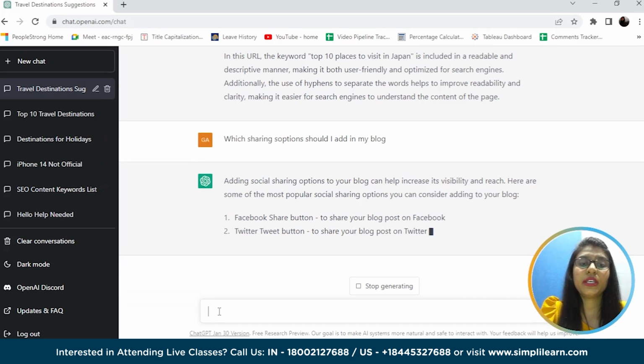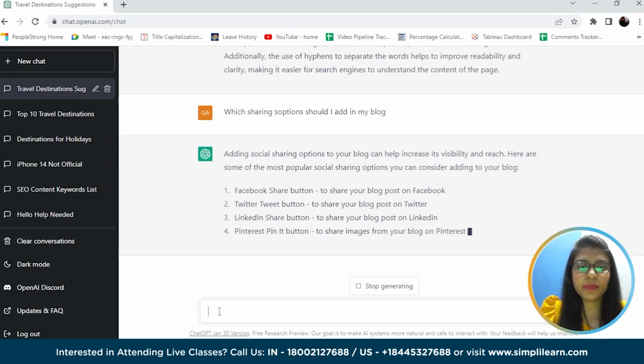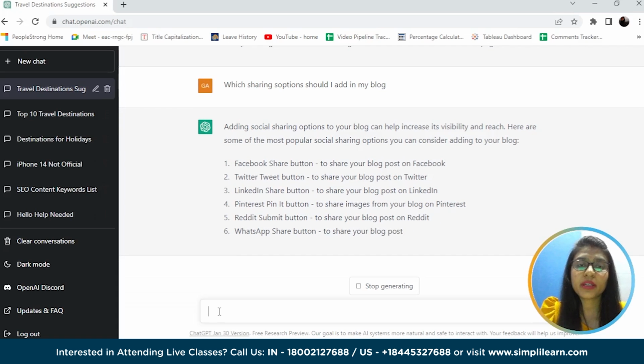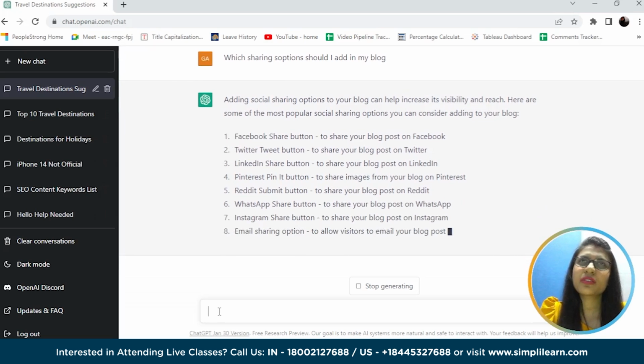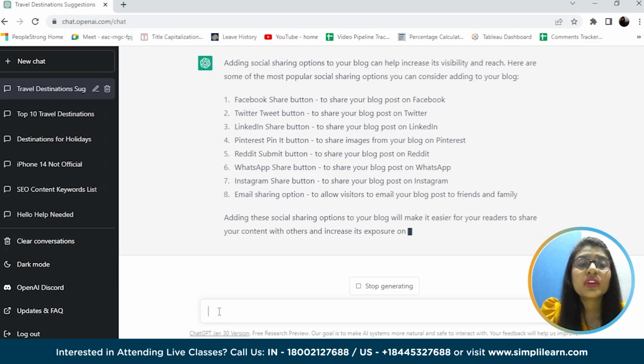So out of the mentioned sharing buttons, we can add any of them. Adding at least 3 to 4 sharing buttons is considered to be really good, out of which there are many common ones, like Facebook is really common, then Reddit is really very common, WhatsApp shares are really common, Twitter shares are really common. So you can choose any of these to add it in your blogs.